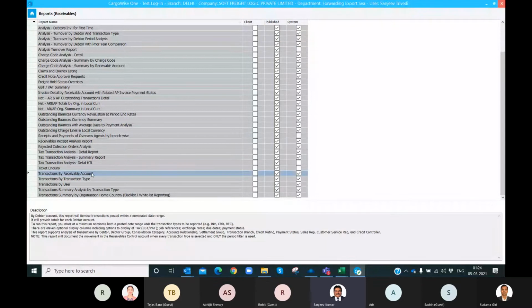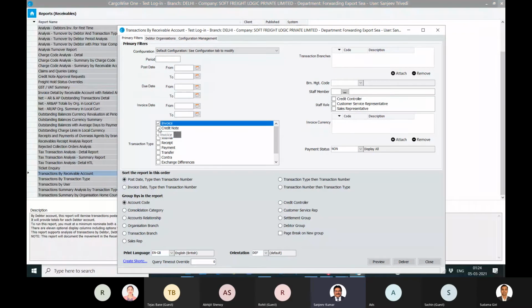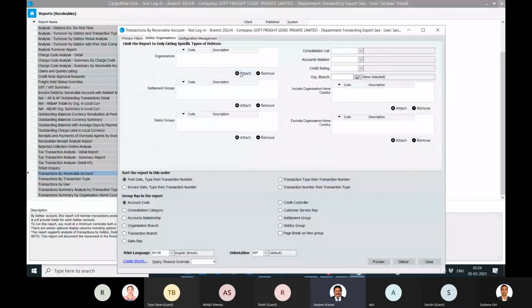All transactions you will have: if I click here and go on ticking invoice, credit note, adjustment, journal, receipt, payment, whatever entry was made, we can select a certain period, and a single debtor organization can also be selected, so that you will have a full list of transaction report for that particular debtor. Click on preview.